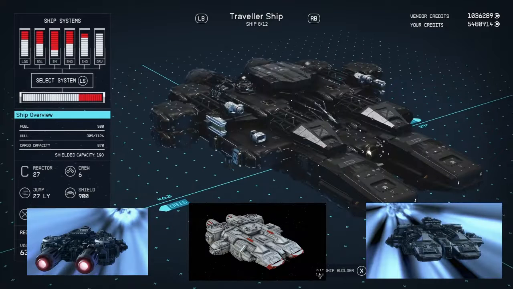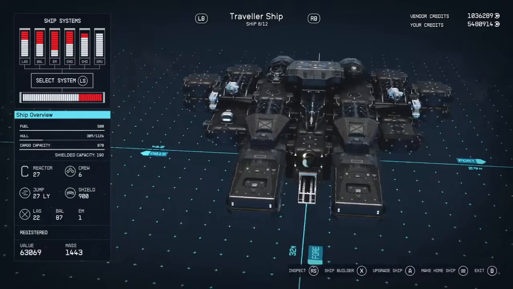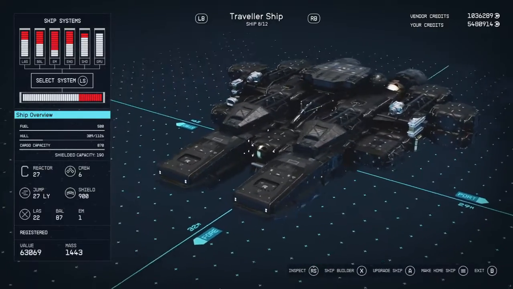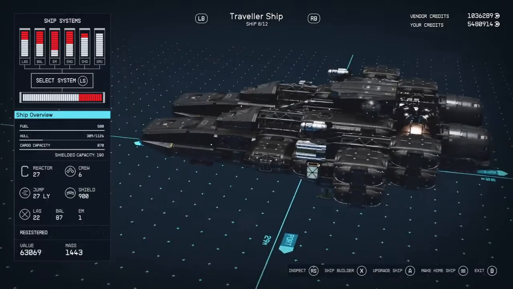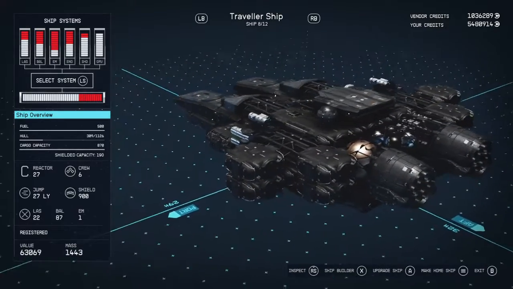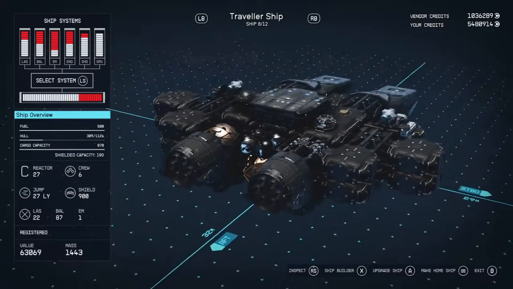So finally we have one from Stargate Atlantis, and that is the Traveller ship. A few pictures on screen there of what it should be like, and this is pretty close, or as close as you can really get with the tools you're given. Now I will be totally honest, I did rip off the base of the ship,